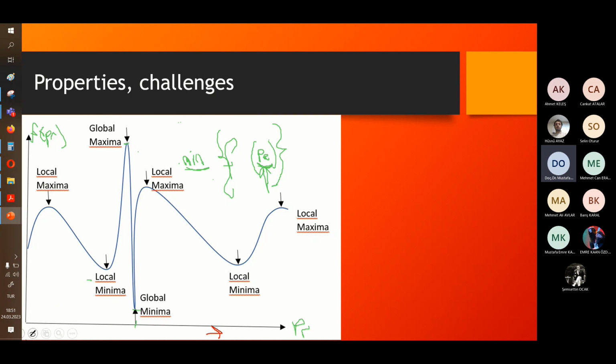Therefore, looking at where the local minima or global minima are will not be possible because we are not able to draw it, and also depending on the search space, there may be many values that have to be evaluated. Anyway, so